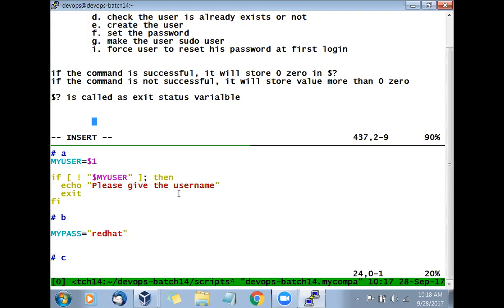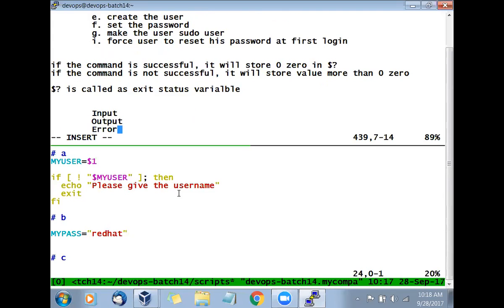Now, in Linux, we have some standardization. We have input, we have output, and we have error. For input, the default is keyboard. For the default output, where will we see it? Screen. And error, where will we see it?